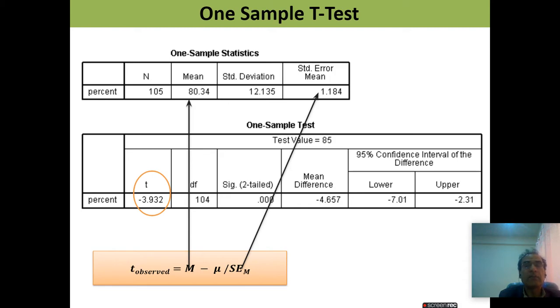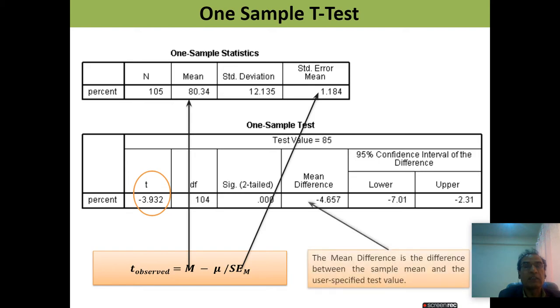The third type of test is the one sample t-test. In the one sample t-test, first the number of participants is 105, mean is 83.2, standard deviation is 12.135, standard error is 1.184. So the one sample t-test has first the t-value, then degrees of freedom, significance two-tailed, mean difference,